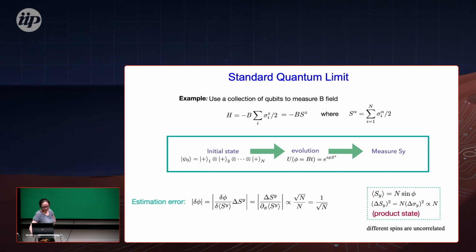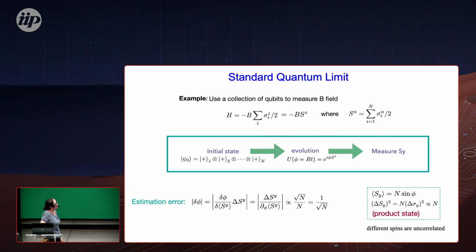But let's say the standard quantum limit is, if you consider many spins, you couple them to a magnetic field and you want to estimate this magnetic field, which you can do by evolution. You initialize your spin in some state, you apply the magnetic field, the spin starts to precess, and then you measure after some time where your spins are, and from this we can try to estimate the value of the magnetic field. And of course you can assume that now you have many spins, it should work better, right?